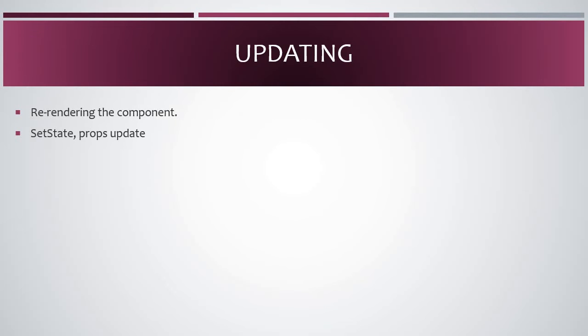So the second stage is nothing but updating. The updating stage comes into the picture when you are re-rendering the component. For example, if you have a text box and you mention the text box value as this.state.someValue, and you call setState on doing some action, like triggering an event. At that time, your content alone would change without refreshing the browser, right? That particular time is called the updating lifecycle.